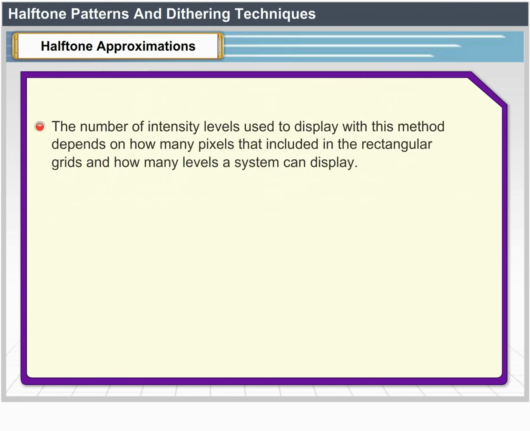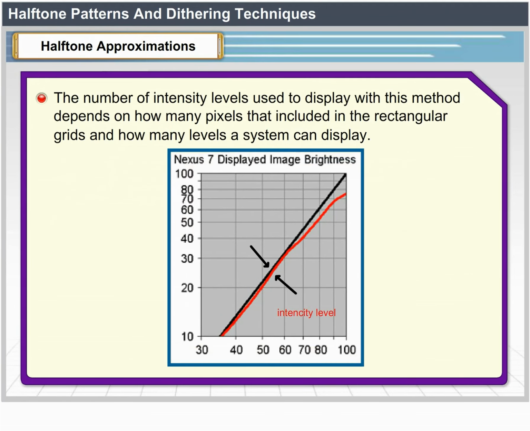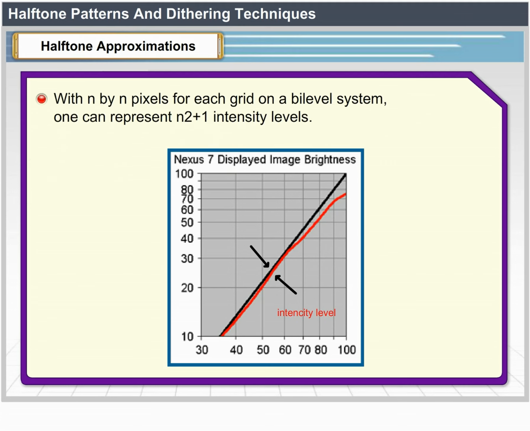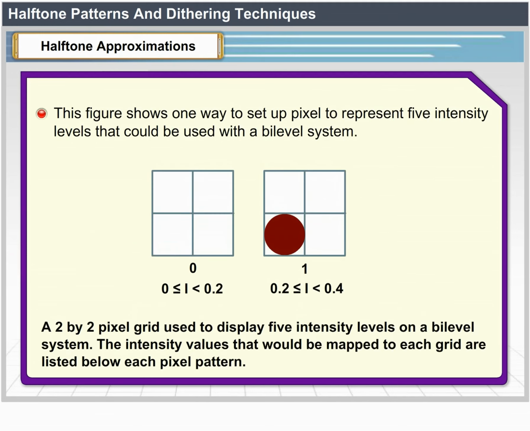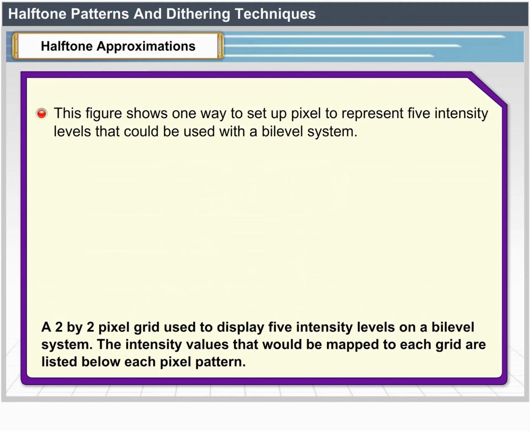The number of intensity levels that we can display with this method depends on how many pixels we include in the rectangular grids and how many levels a system can display. With n by n pixels for each grid on a bi-level system, we can represent n squared plus 1 intensity levels. This figure shows one way to set up a pixel grid to represent 5 intensity levels that could be used